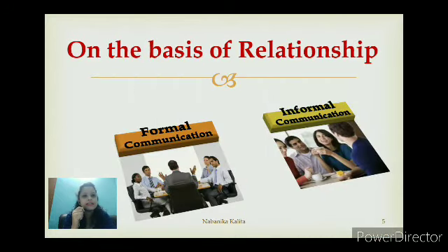Now, on the basis of relationship, we have two types of communication. One is formal, one is informal communication. What is formal, what is informal? The name itself says, when the relationship exists in a formal organization with some formal rules and regulations, it is formal communication. Like in an office or an institution where rules and regulations are strict,